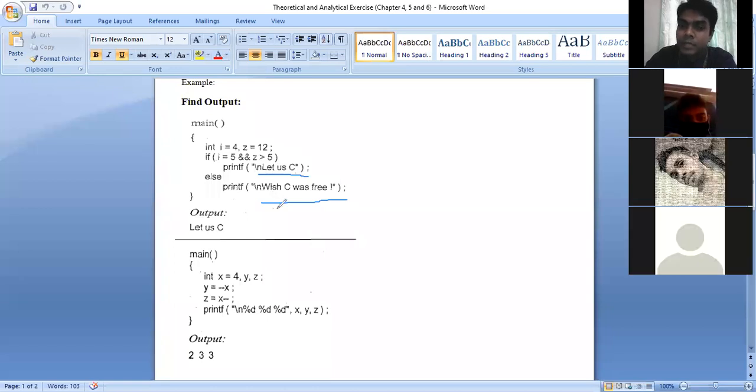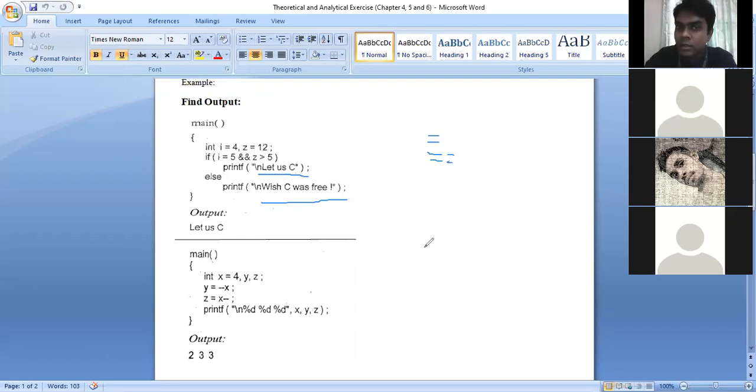Why else part? Sir, else statement. What is the reason behind it? There is I equal to 5, and that isn't right, because we have assigned I equal to 4. Very good. That means you know how to execute this if else condition. But there is a difference between equal and double equal in the C programming language, isn't it?